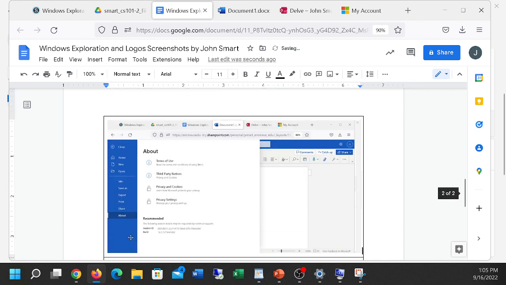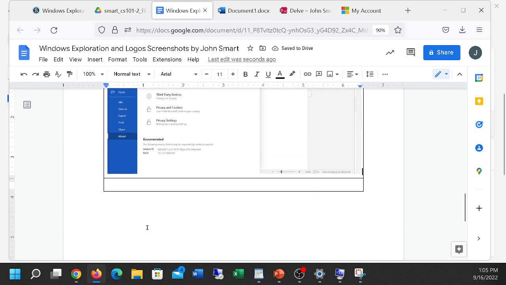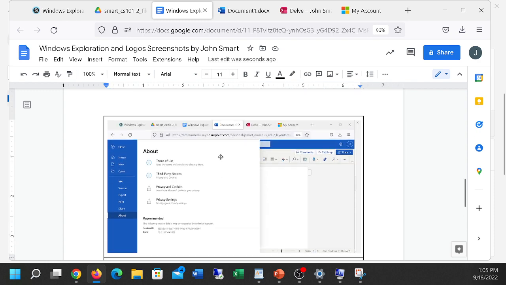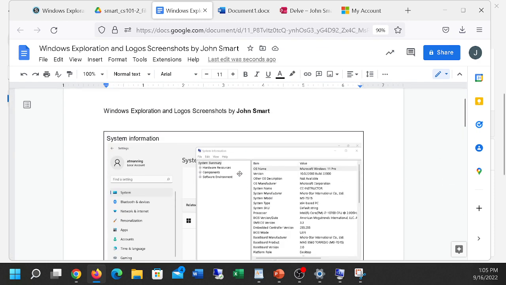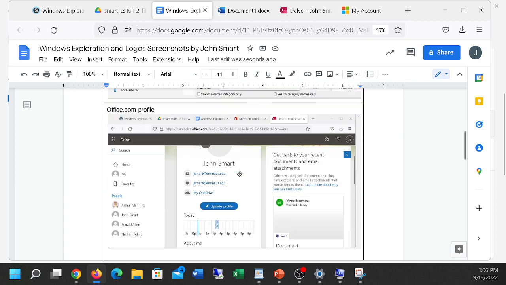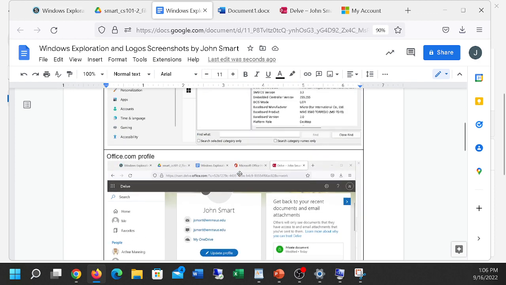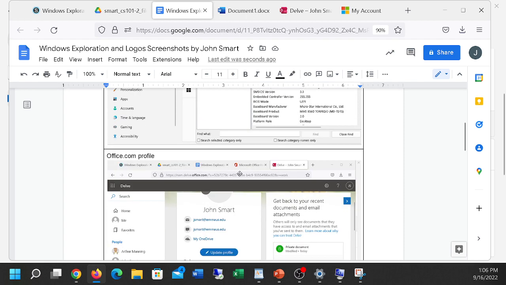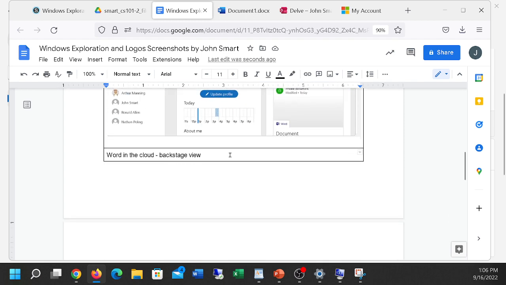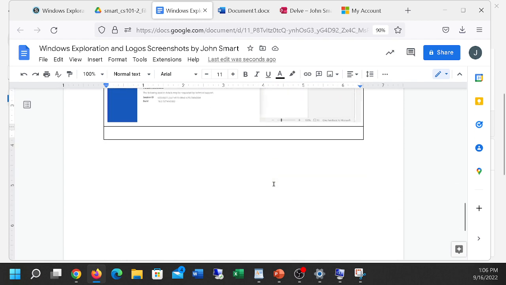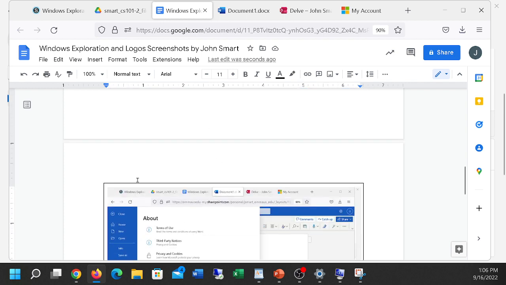And Control V, paste that screenshot. So just take a few screenshots of basic computer stuff. Whenever you're working with a computer and having issues, a screenshot, when you send it to someone for help, is so helpful. So there's my Word in the Cloud, Backstage View, and I'm putting it in separate little cells